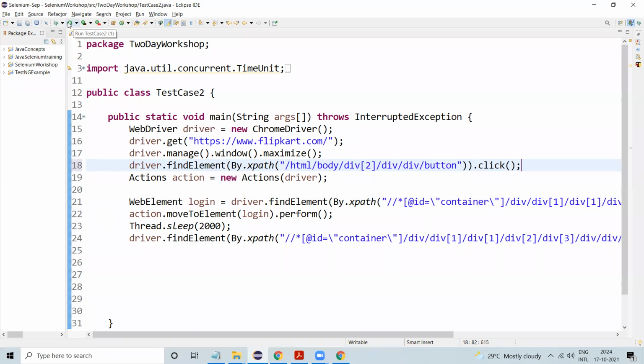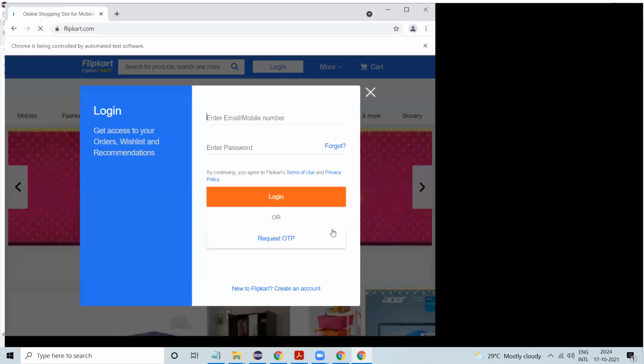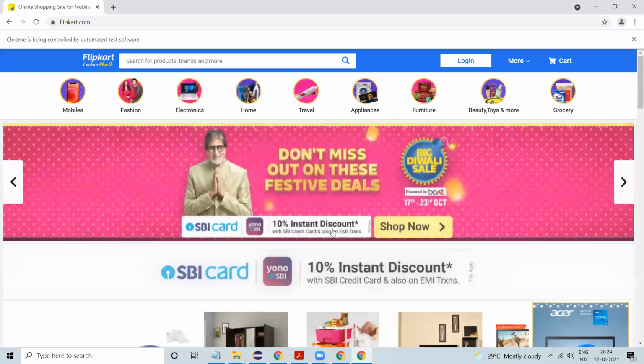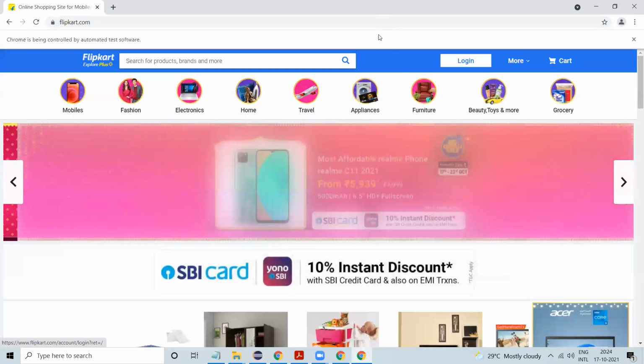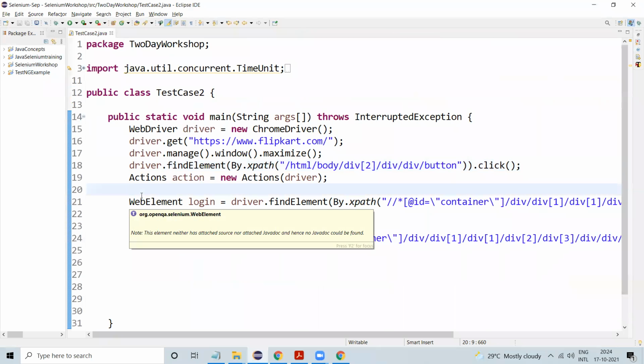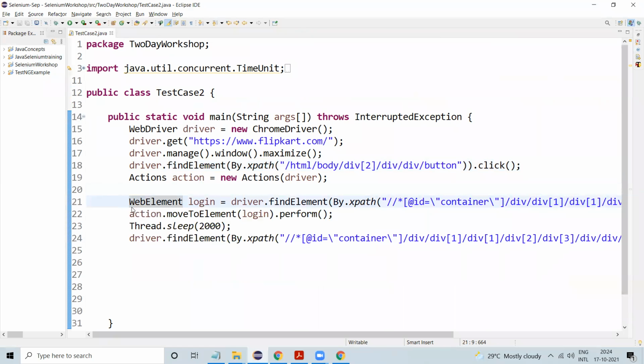Okay, now I'll run this. For that login, we need to give one more wait. We'll give some time over here for synchronization, because the page loading is slow and the script is running fast. So we can give some time.